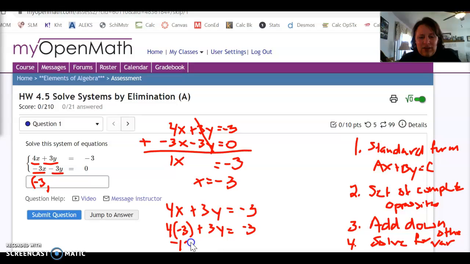Okay, so we have negative 12 plus 3y equals negative 3. Now I'm running out of room here. What are we going to do? Let's go right here. I think we can squeeze out enough room. So we have negative 12 plus 3y